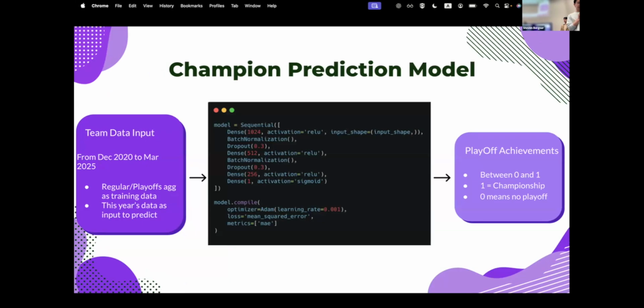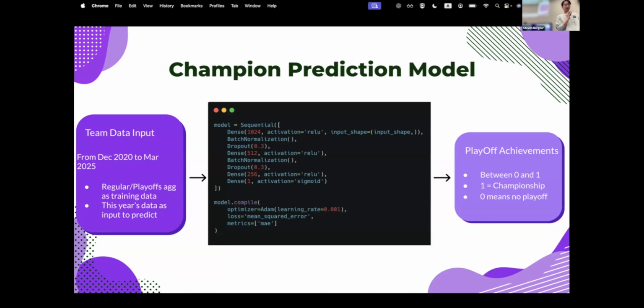For the champion prediction model, we use team data from 2020 to 2025 and aggregate all the regular season and playoff data as training data for the features. There are around 100 features aggregated, and we use this year's data as the input to predict.